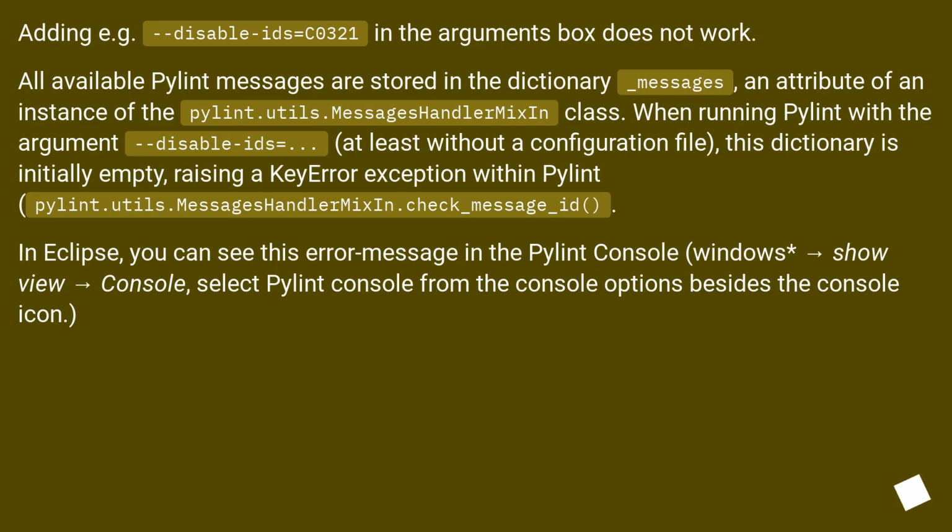Pylint message codes. Adding, for example, --disable-ids=C0321 in the arguments box does not work. All available Pylint messages are stored in the dictionary _messages, an attribute of an instance of the pylint.utils.MessagesHandler class. When running Pylint with the argument --disable-ids=..., at least without a configuration file, this dictionary is initially empty,